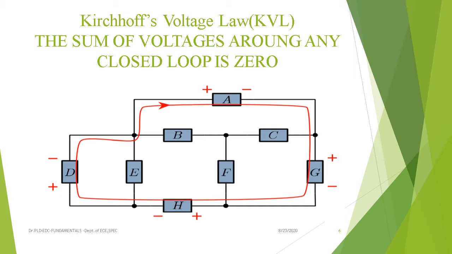Whatever loop we consider, either the outer loop or inner loop, or this portion of loop or this portion of loop, whenever a closed path exists and you apply Kirchhoff's voltage law, the sum of voltages around a closed loop is equal to 0. That is the meaning of Kirchhoff's voltage law. Any of these closed paths is considered a loop. If you calculate the voltage drop across each and every component in a loop, it leads to 0.